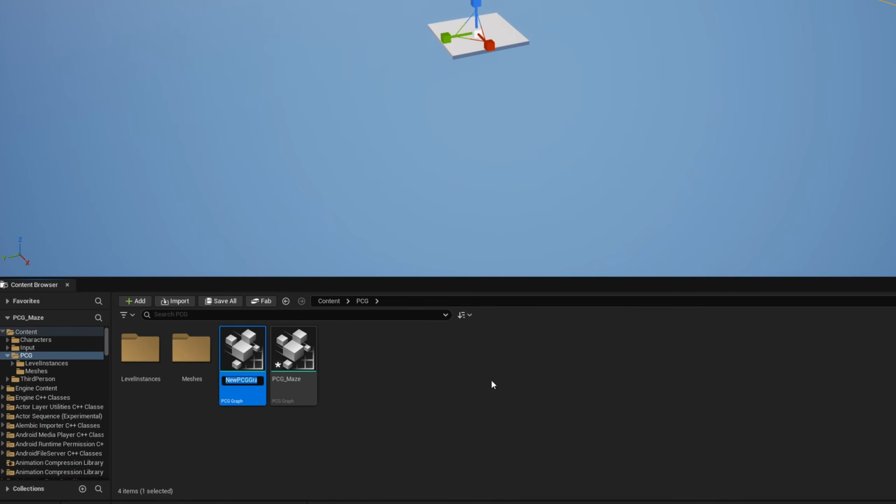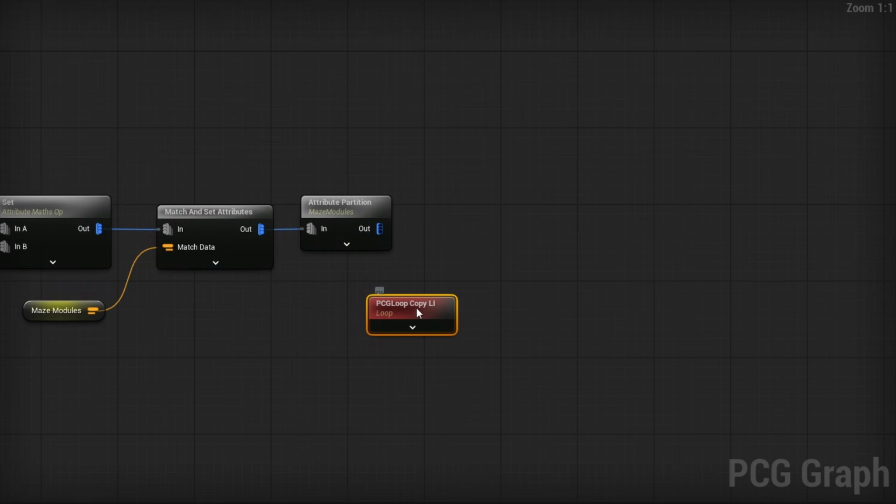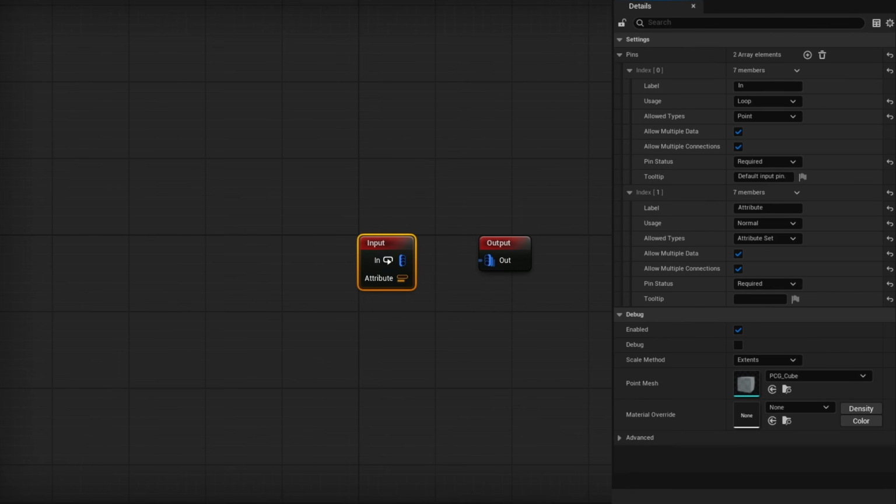Again, it's going to be an empty graph of type PCG loop copy li for level instance. Then I'll go ahead and take it, drag it over, and select create a loop node. After that, I can double click on it to open it up. Inside this loop, for the input, I set the first input to be a loop of a type point that